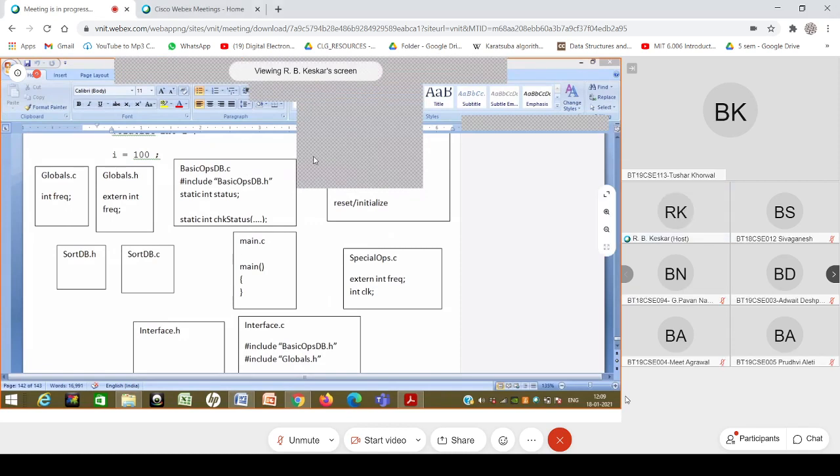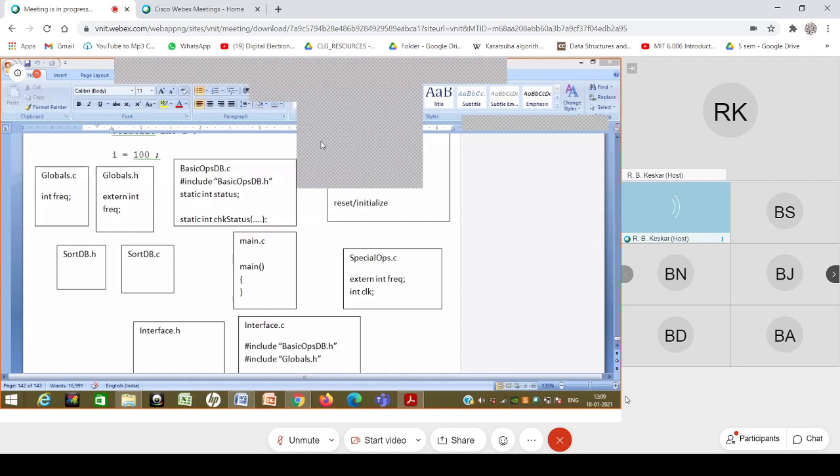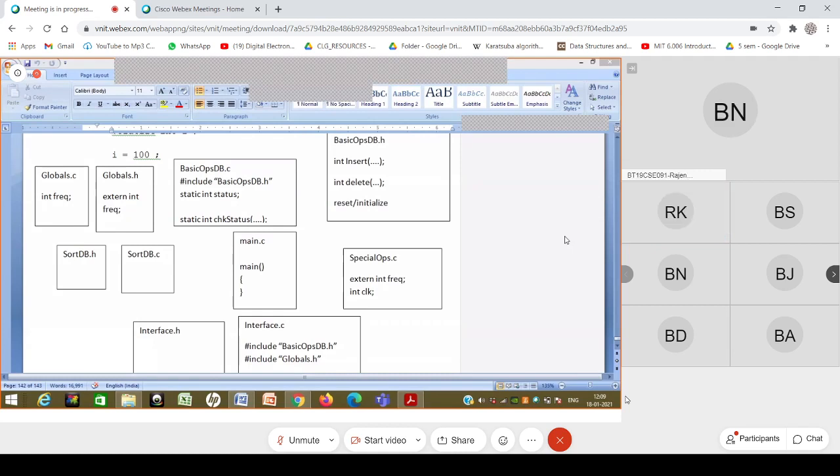Okay, so today we will continue from this point. We had done the qualifiers, which were static and extern. These are the two main ones, and along with that, we had done const, register, and volatile. Now we will continue from this point onwards, and there are some interesting requirements which big project implementations generally have, and C language has come up with one unique way of dealing with that. This is through macros.